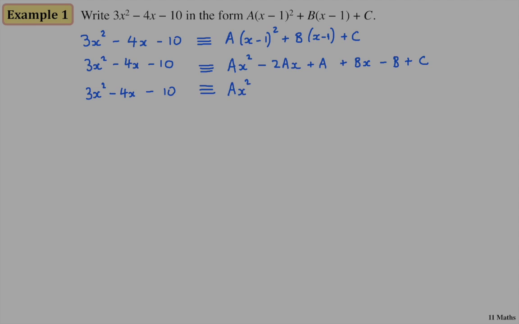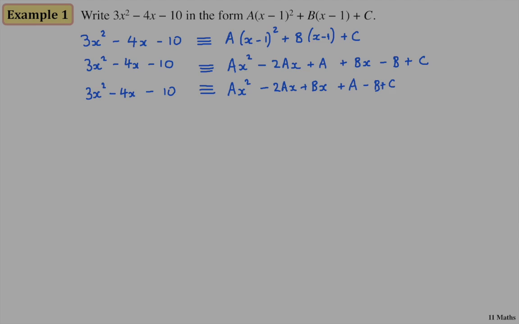Any term that has x, I'm going to write next. Oops, missed an x there for some reason. And I'll write the constant terms, the ones that don't have x, last. Again, you don't have to do this step that I'm doing now,